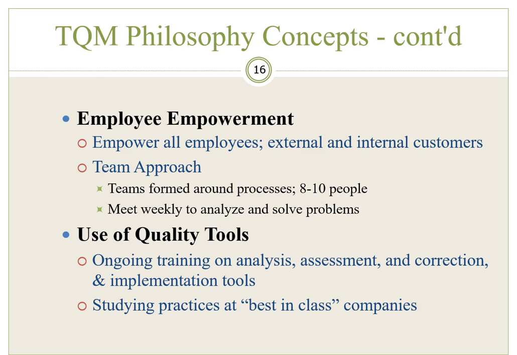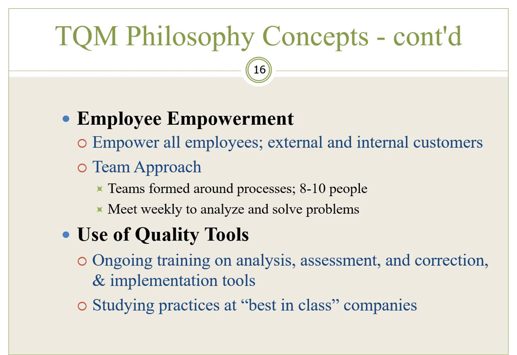In traditional systems, there is a very hierarchical structure where information filters from top to bottom, right? But TQM takes a bit of a different approach, where workers are empowered. They're actually empowered to make decisions relative to quality in the production process. They are considered a vital element of the effort to achieve high quality, their contributions are highly valued, and their suggestions are also implemented, right?